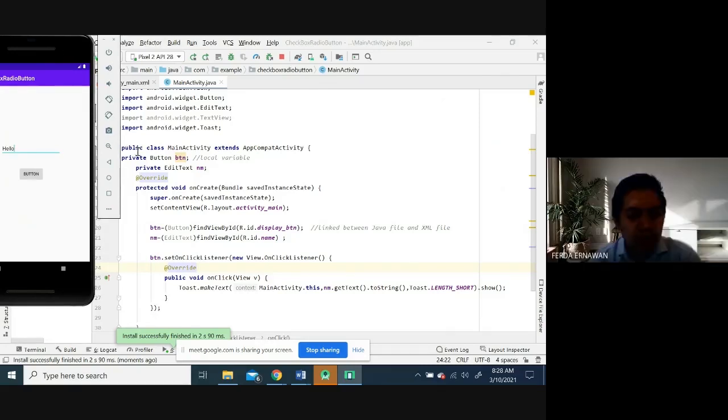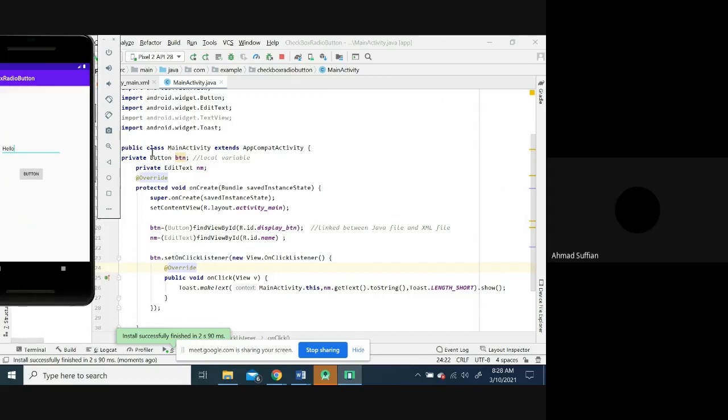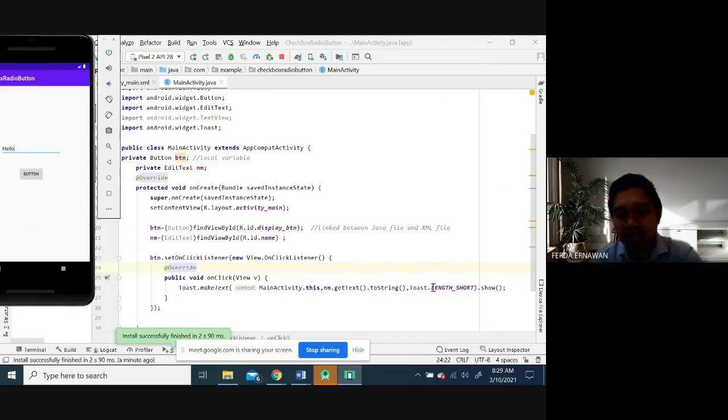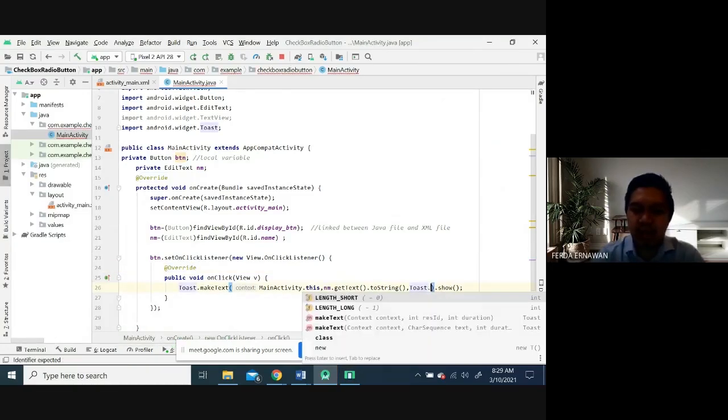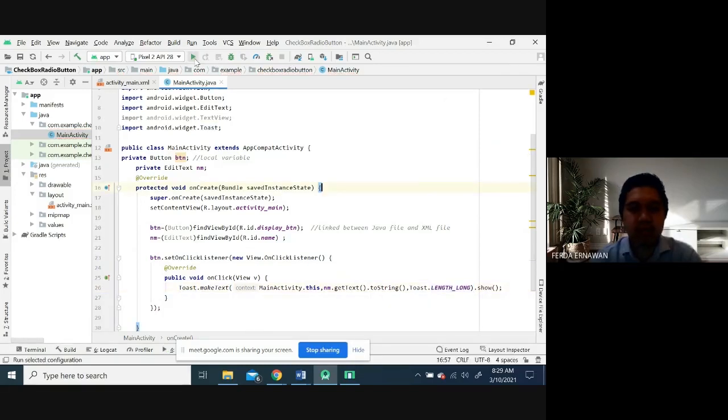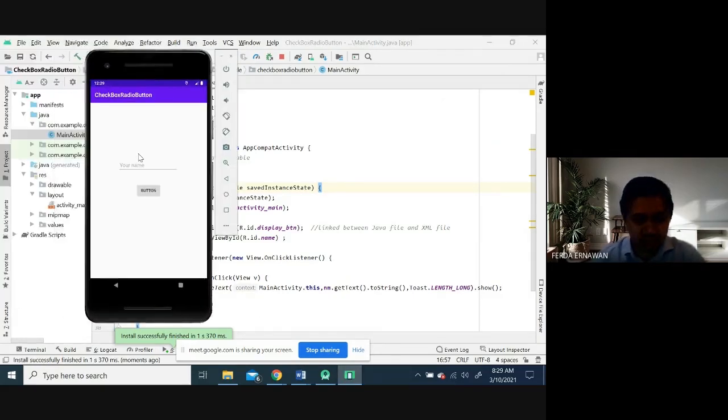Sir, what's the difference between length short and length long? Try. You can see how long it is. And long. If you want to get more detail, you can open developer.android, so you can see the detailed description, but basically similar.